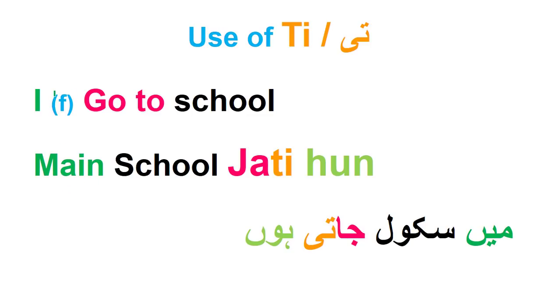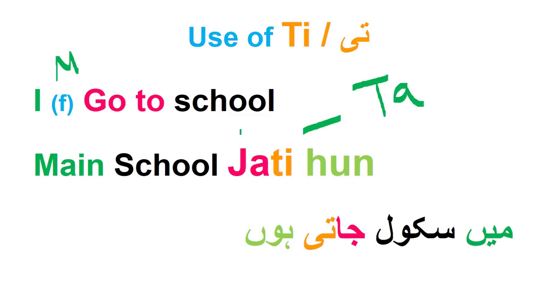Let's suppose if in here I is masculine, then how will you say? मैं स्कूल जा. Yes, we will add ta for masculine. मैं स्कूल जाता हूँ. But if you are feminine, you will say मैं स्कूल जाती हूँ. Let's suppose another example. I go to bank. मैं बैंक जाती हूँ. जाती हूँ for feminine, and if masculine I will say मैं बैंक जाता हूँ.